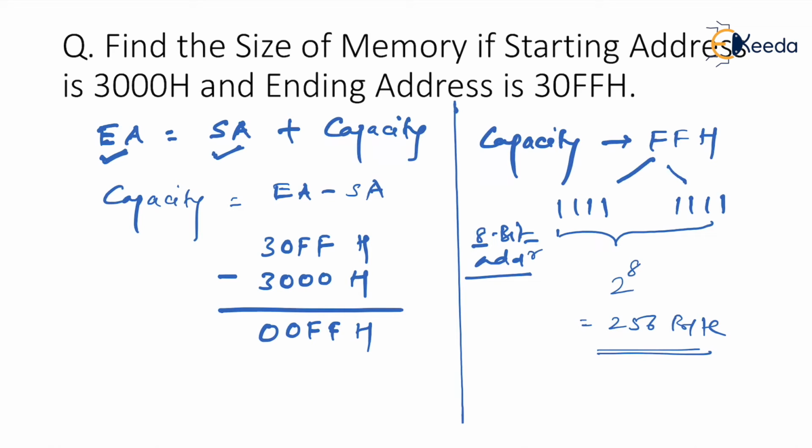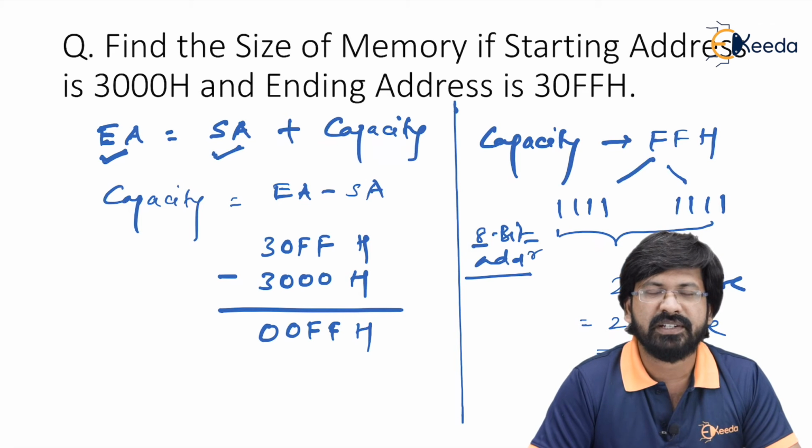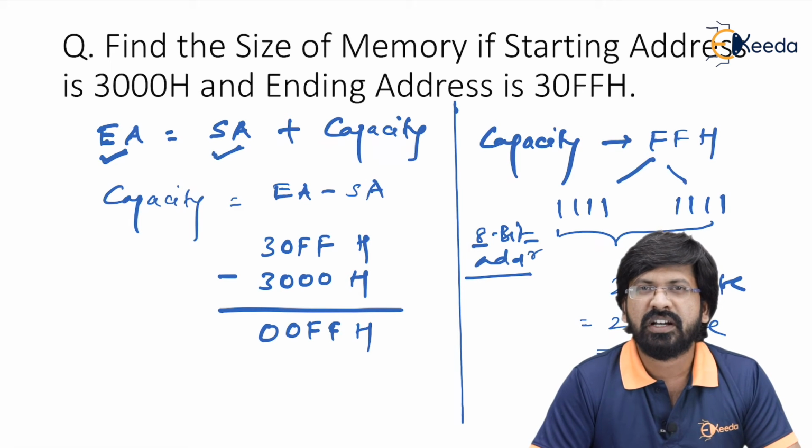Now imagine suppose you have 256 byte as a number. What you used to do, you used to express it in terms of 2 to the power something. So 256 byte can be written as 2 raised to 8 byte. After that you see how much is the power? Power is 8. So 8 binary ones you used to write in groups of 4, from which you used to get FF hex as a capacity.